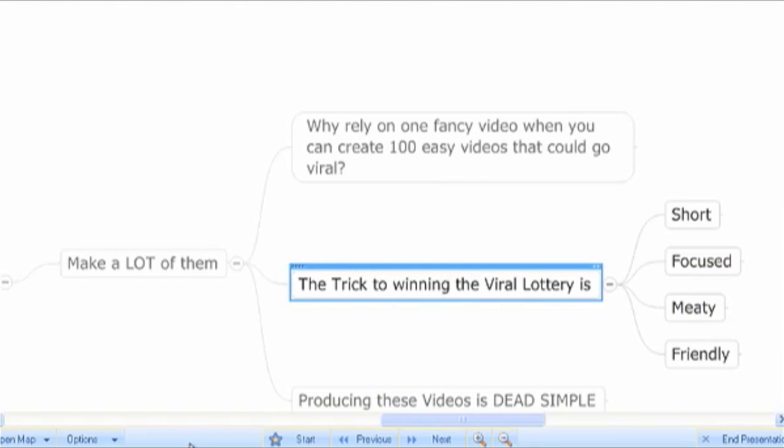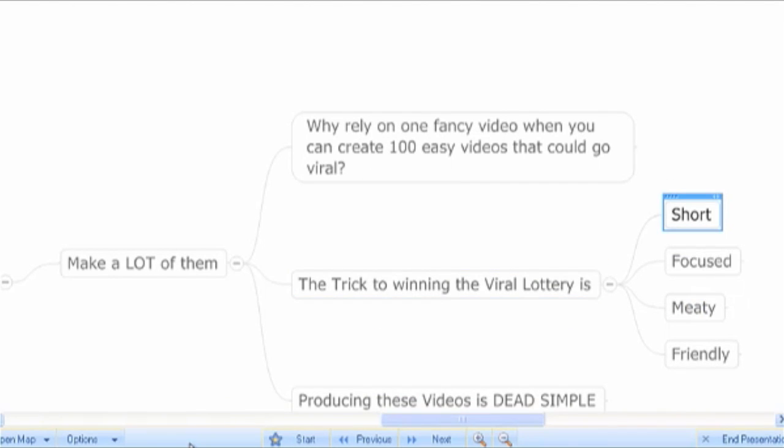So here's the trick to winning the viral lottery. Your videos need to be short. Isn't that cool? They need to be focused specifically on one specific tactical topic, and we'll get into that in a second. They need to be very meaty, meaning no fluff, no throat clearing, no pontification, not like my videos. They need to get right down to it and bring lots of information in a concentrated way,